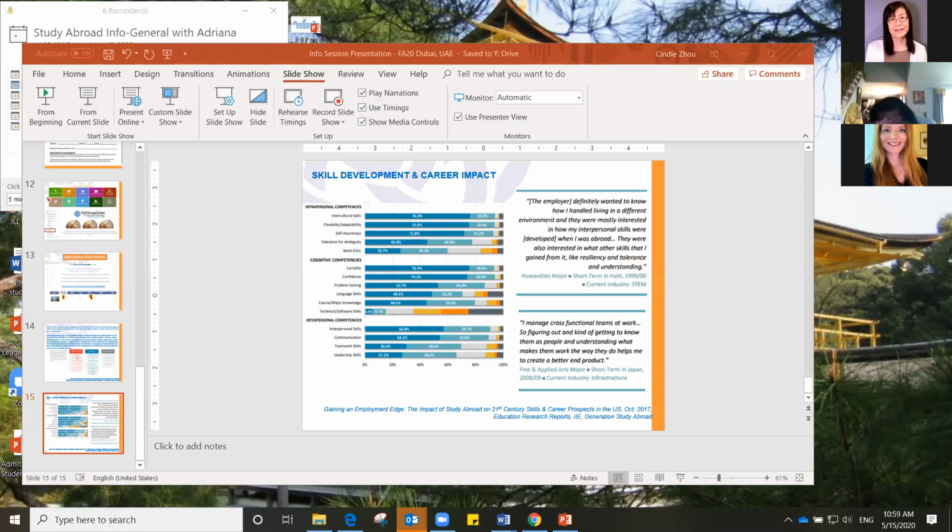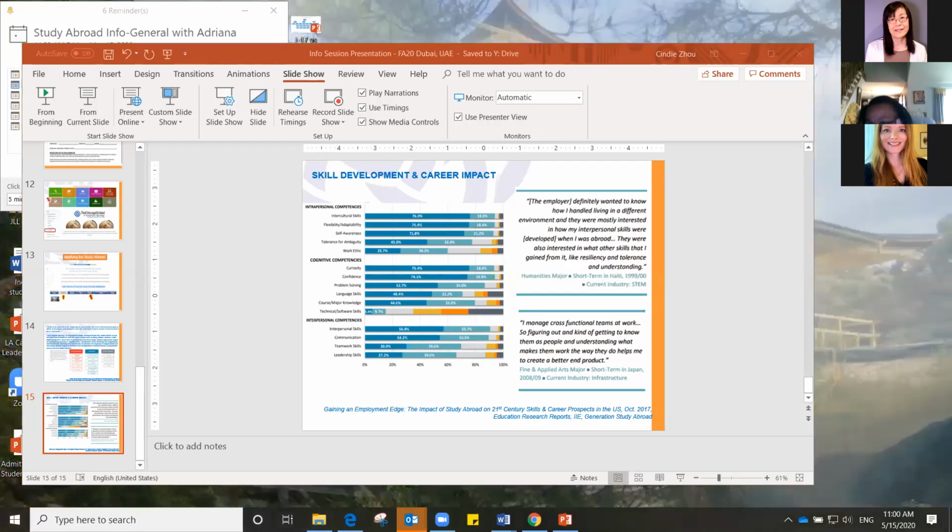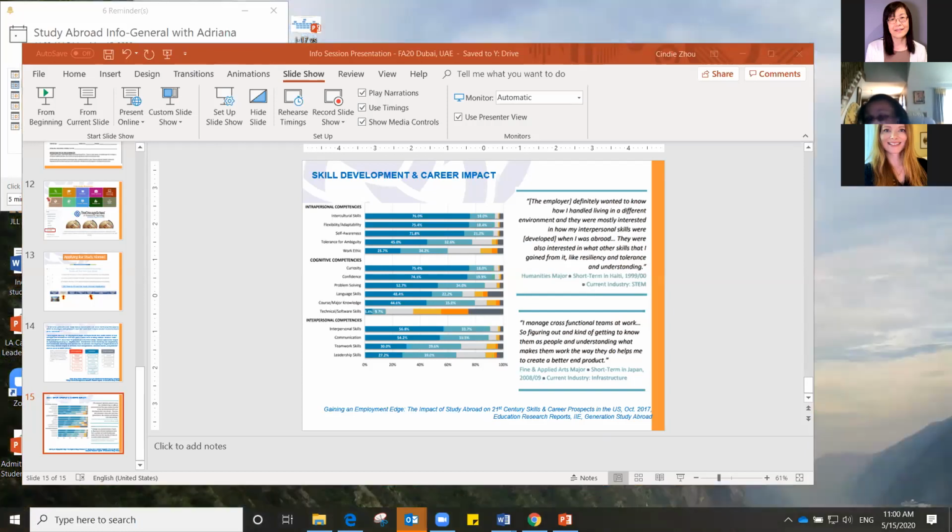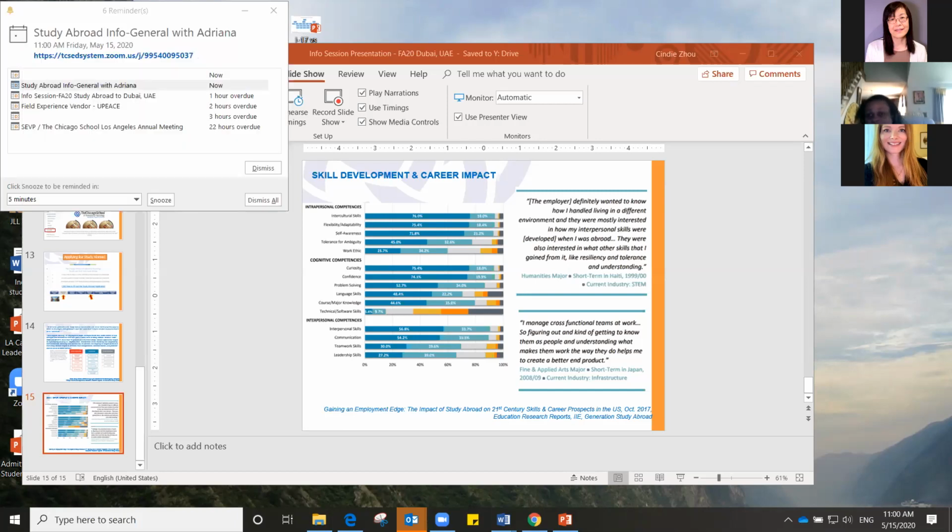So yes, there is a risk management committee. They are meeting. I'm not in there because they always say that I'm too biased because I'm so engaged in study abroad programs. So they meet every week to assess the situation. As of now, all the fall programs are proceeding. So they monitor the involvement.